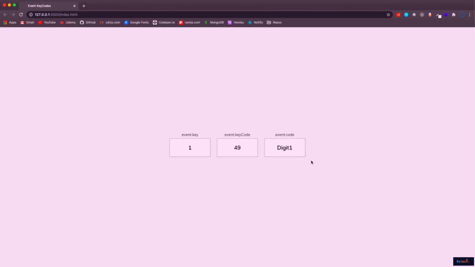Ever wondered how to capture that perfect key press for your next game or app? Or maybe you're just curious about key codes and how they work? We're going to build a sleek, simple application that reveals everything you need to know about any key on your keyboard. We'll also touch on some important updates in JavaScript, like why certain properties are now deprecated and what you